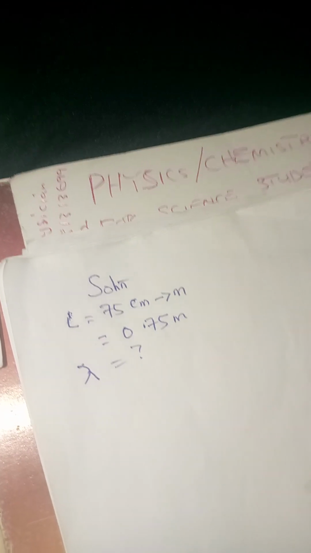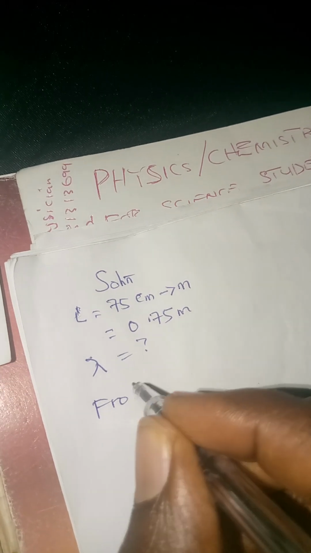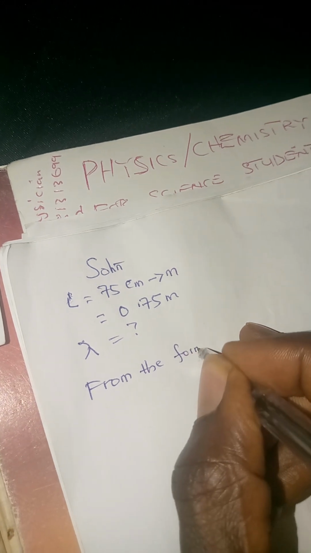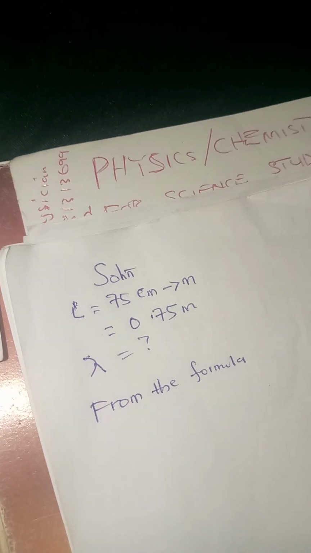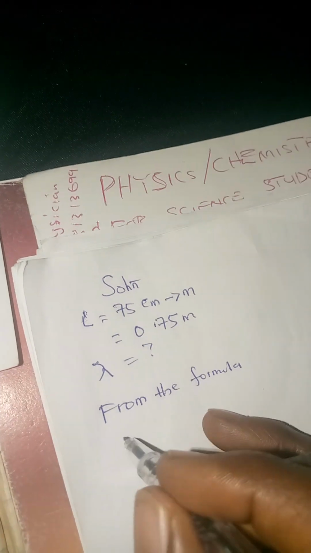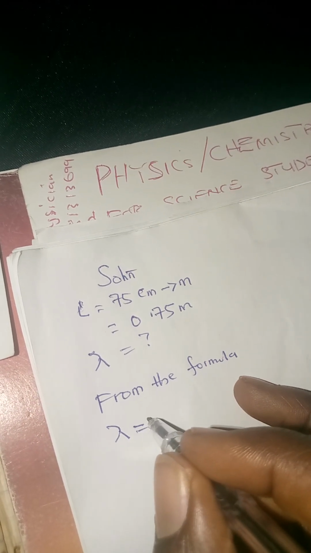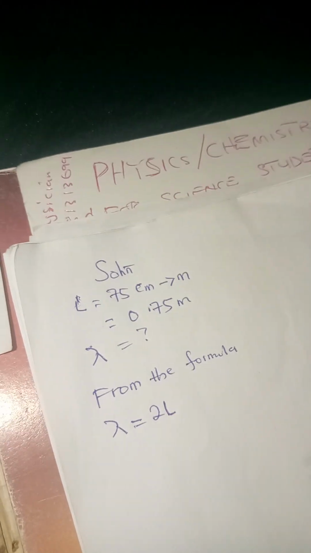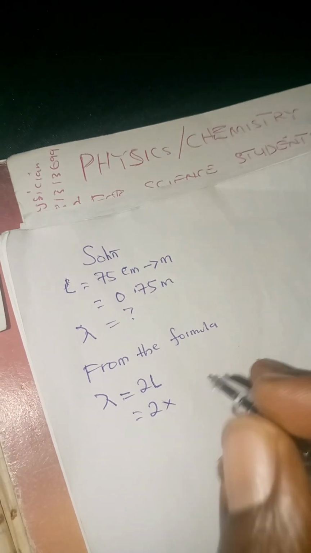So from the formula, which formula really fits into this? If you check your formula very well as a science student or as a physics student, you know that the formula to solve this problem is wavelength equal to 2L, which is 2 times the length. So what's the length? The length is